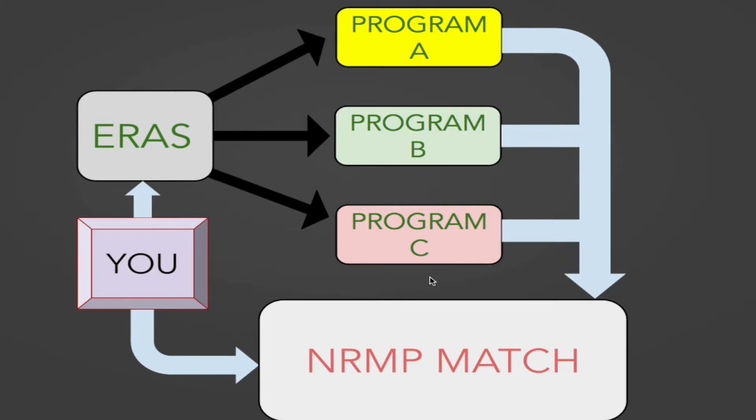When all is said and done, both you and the programs now have a good sense of who each other are. They've seen your application, you've gone and visited, you've had your interview, and now you have to start ranking them in the order in which you want them and they want you. And so how that works is, after all is said and done, the programs now have all the information that they need. They've made up their lists. And so they can start to put that information into the NRMP Match, which is a completely separate website from ERAS. So in ERAS, you're putting in all of your stuff for the application that then goes to the programs. Then when all is said and done, you go back into the NRMP Match website and you start ranking the programs and making your list.